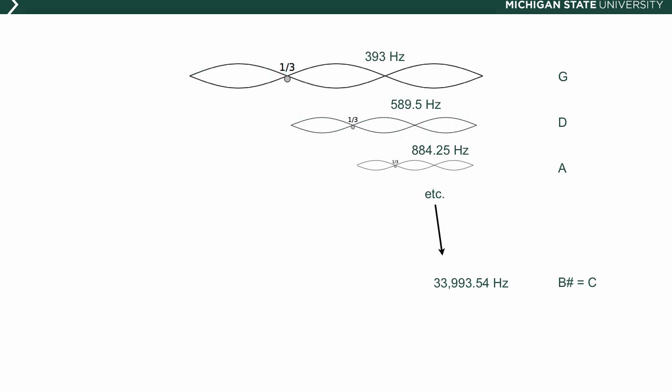If we do this repeatedly, dividing the string into thirds, going up by perfect fifths, C to G to D to A to E to B to F sharp to C sharp to G sharp to D sharp to A sharp to E sharp, we'll eventually get to B sharp, which is hypothetically the same as C. Mathematically, what we are doing is multiplying the frequency each time by 3/2 until we reach a very high C, which would be C11, which in fact isn't audible, that has a frequency of